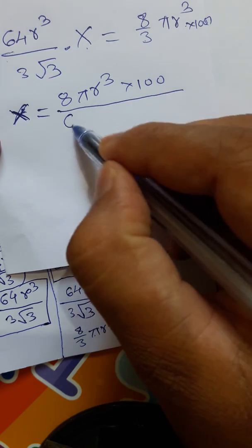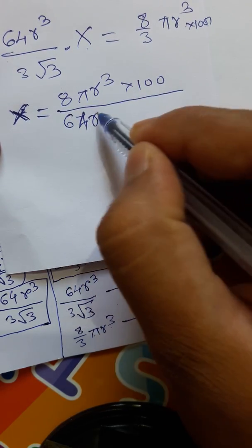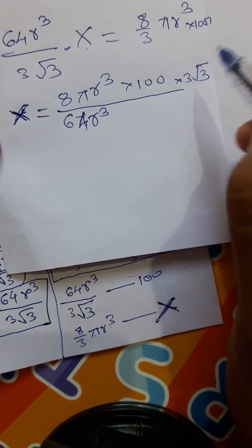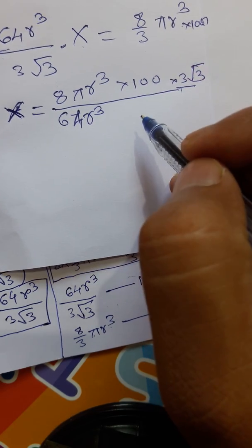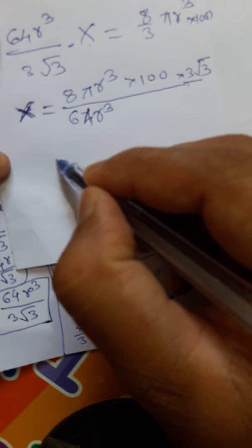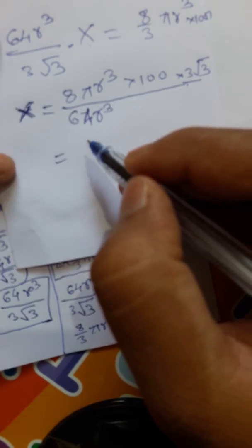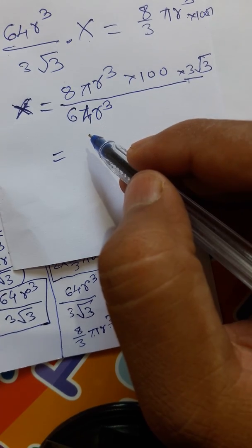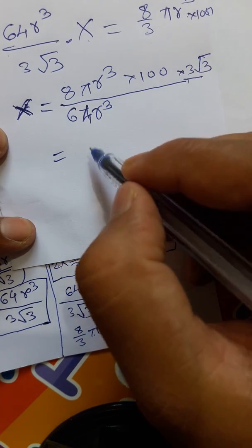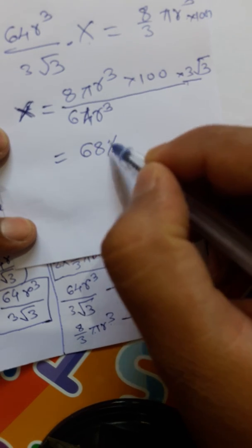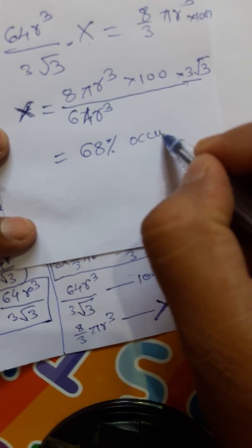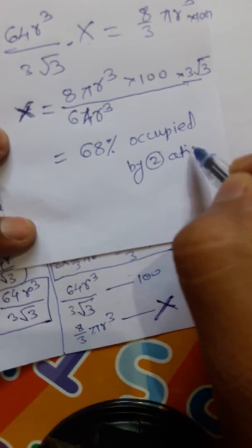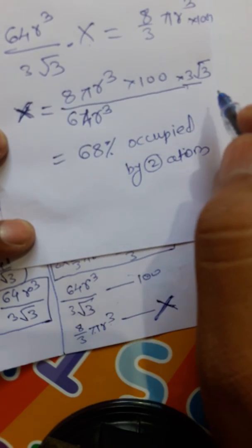64r³ we have to divide 64r³ and here that should be multiply here 3 into √3, so we get this equation. So simply after calculating this equation, here we will get some this much of value where it shows near about 68% value that is occupied by the atoms. Simply this much of value occupied by an atom, 2 atom ने इतनी जगह वहाँ पे ऑक्यूपाई किए। तो यहाँ